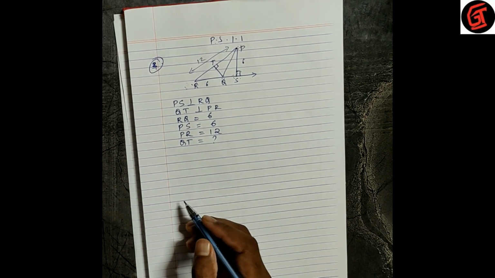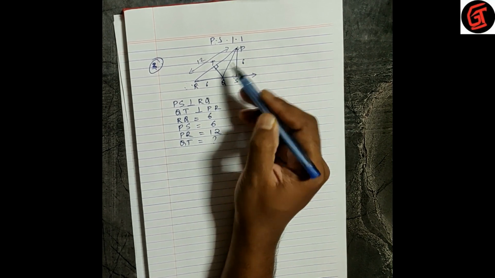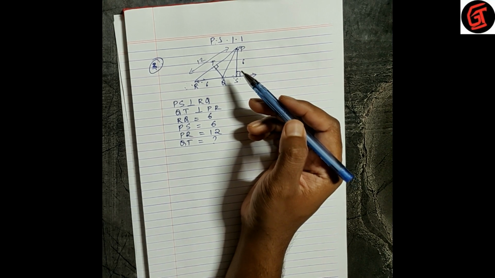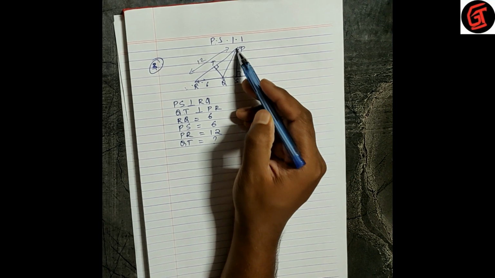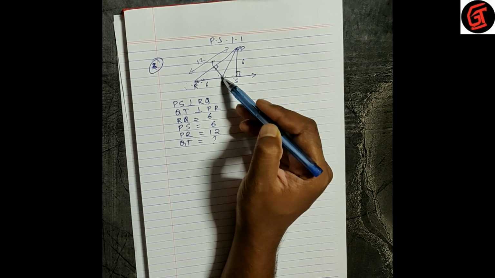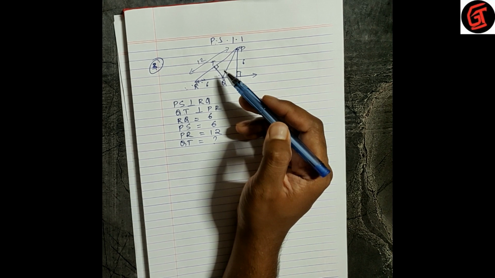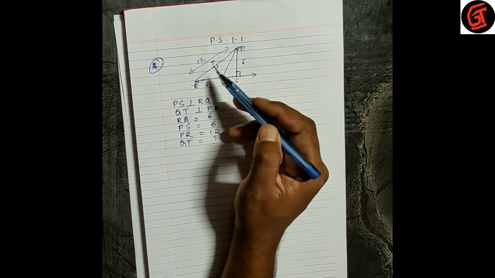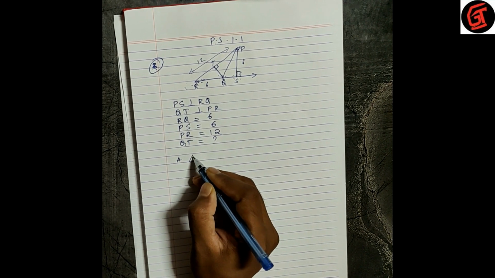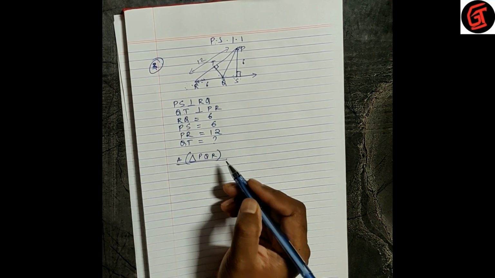Okay, now let's take this triangle PQR. If you see triangle PQR, PR is the base and QT is the height. Can you see this? PQR, PR is the base, QT is the height. So we can apply our first property here. The ratio of areas of two triangles is equal to the ratio of the product of their base and corresponding height. Area of triangle PQR, we'll take this first, upon what other ratio will we take?